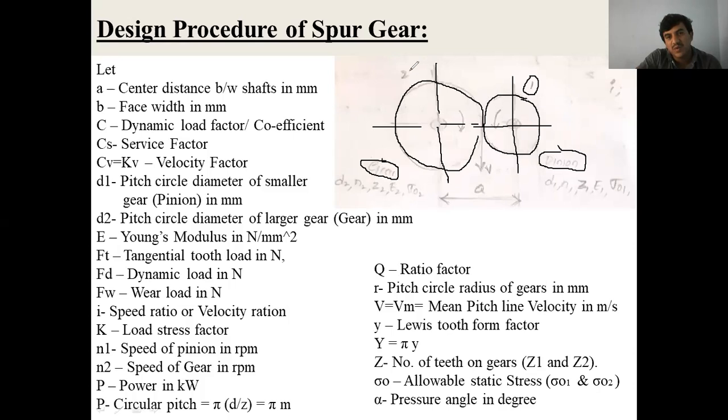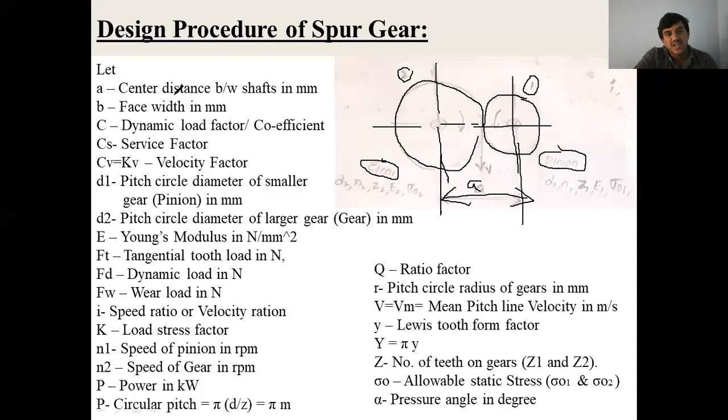What notation do we use here? 2, right? The center distance between the two gears is A. We don't know which one is the driver and which one is driven. It may be that the pinion is the driver, or the gear is the driver; gear 1 may be the driver or gear 2 may be the driver. It depends upon the problem statement. Based on the given data, we choose which one is the driver and which one is driven, right?